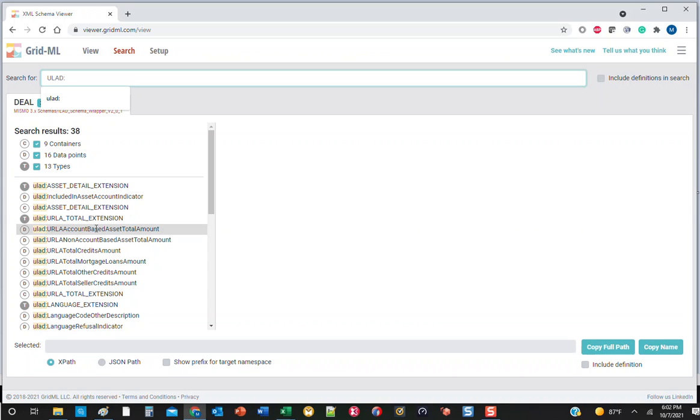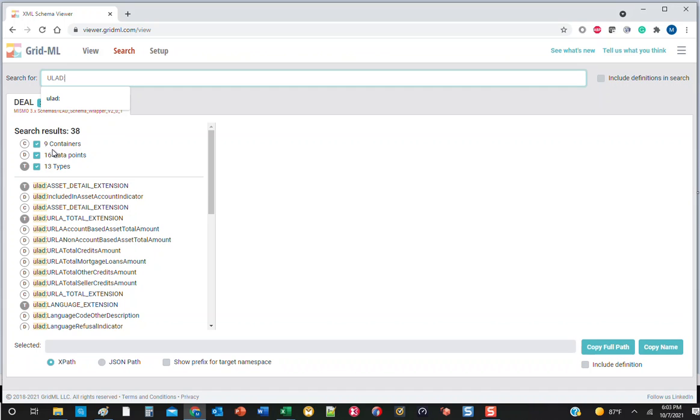So any letters followed by a colon is called, in XML language, a namespace prefix. A namespace prefix is just a shortcut for an identifier of whose data it is. So in this case, we wanted to see just the ULAD data,